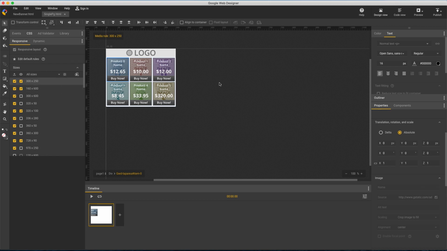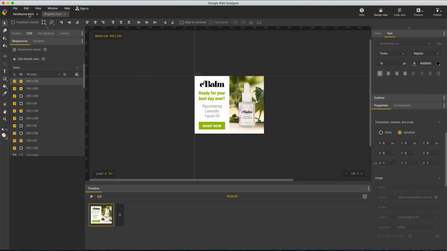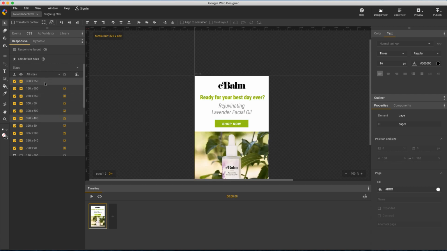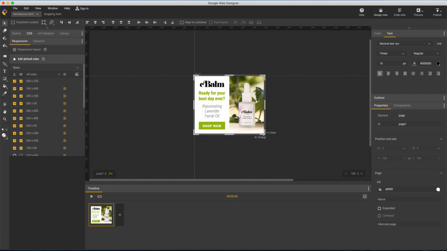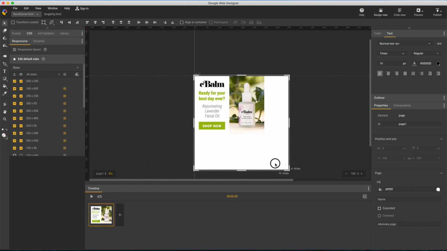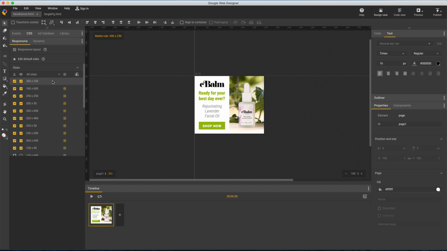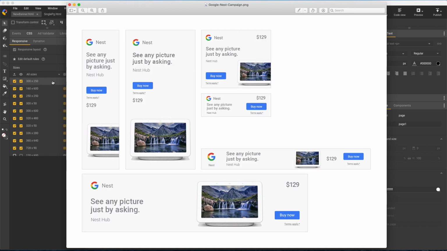This file has both and supports just about any ad size you'll find. But you don't need to use both. Here's a file with just media rules. It has all these different layouts, but it doesn't stretch at all. This is the workflow I'm going to show. The advantage is it can be a lot quicker to work this way, and it's very easy to get pixel-perfect results. Plus, I can still add fluid elements when it makes sense.